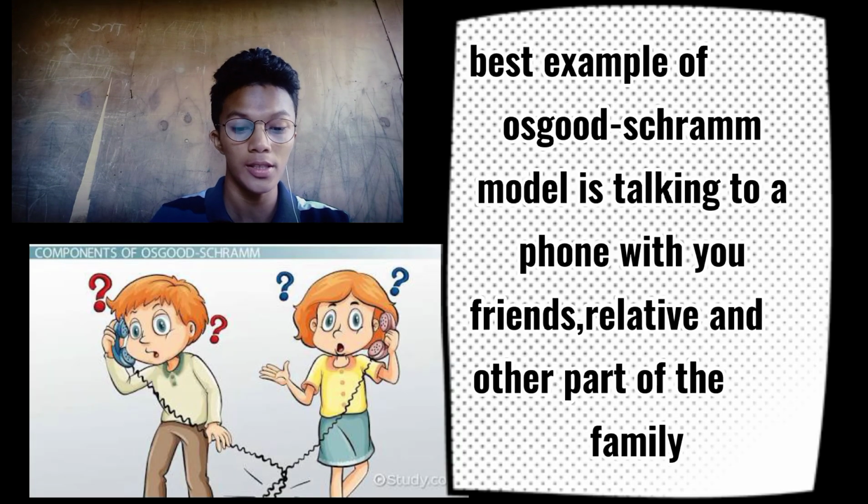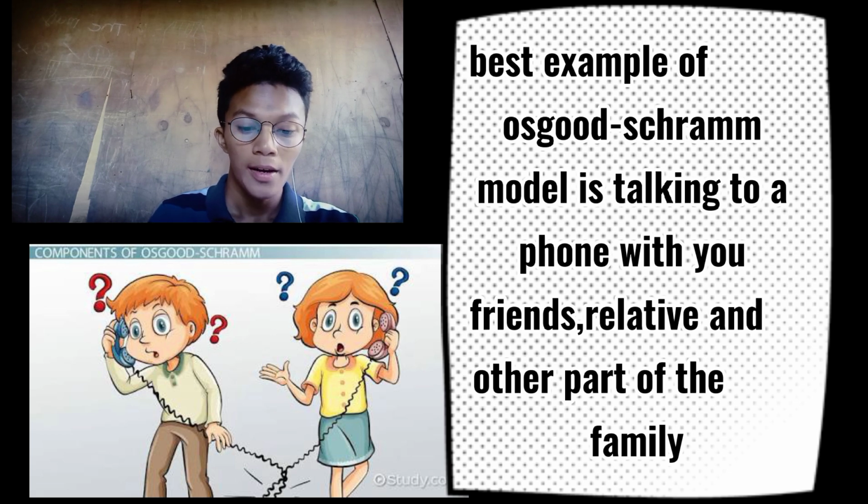The best example for this Osgood-Schramm model is talking on the phone. You haven't talked to your best friend in a while, so you decide to call her on your drive home from work. You take turns updating each other on your weekend, what is planned for the summer, and how members of your respective families are doing. When you hang up, you promise to chat again soon. Without knowing it, you engaged in a two-way system of communication popularized as the Osgood-Schramm model.